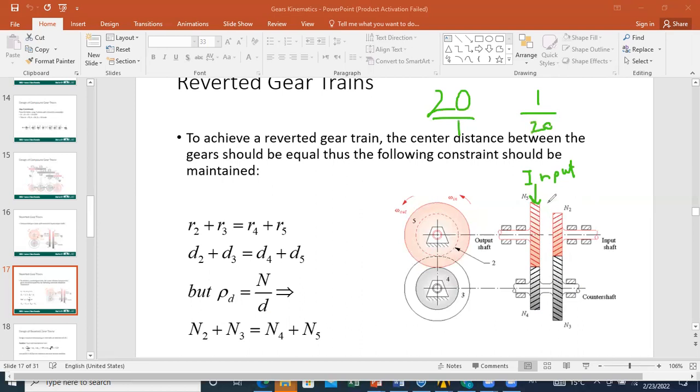Because it only matters that I want a reduction in velocity, I put my pinions as drivers and my gears as driven gears. And if I want to increase the angular velocity, I have to have a larger angular velocity at the output. Then I put my gears 5 and 3 as the drivers, and 2 and 4 as the driven. Okay,